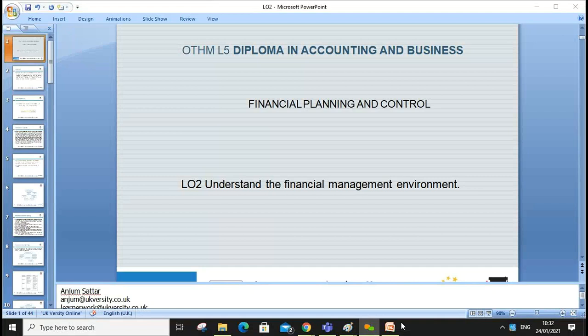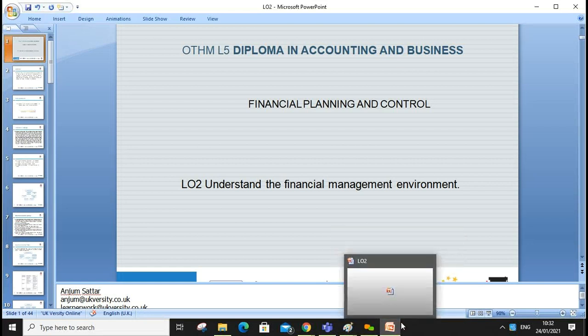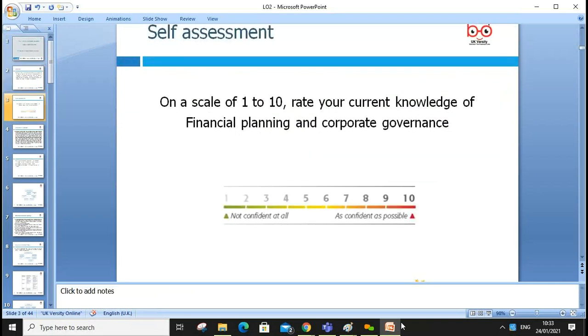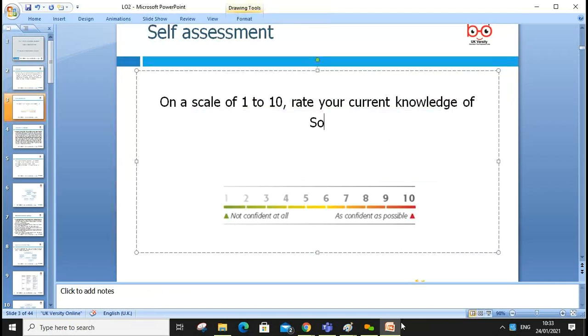Today's lesson will go through LO2, which is the learning outcome to understand the financial management environment. So that's our learning outcome: understand the financial environment, which we'll discuss. The aim of this unit we already discussed. So what do you know about sources of finance